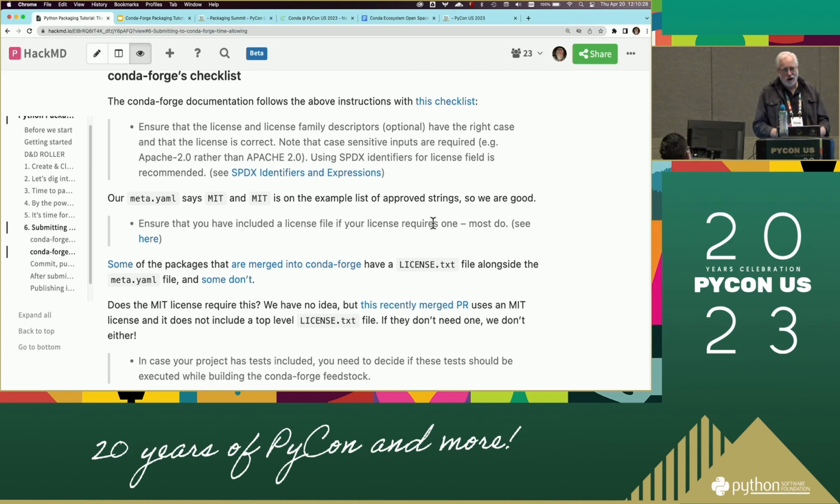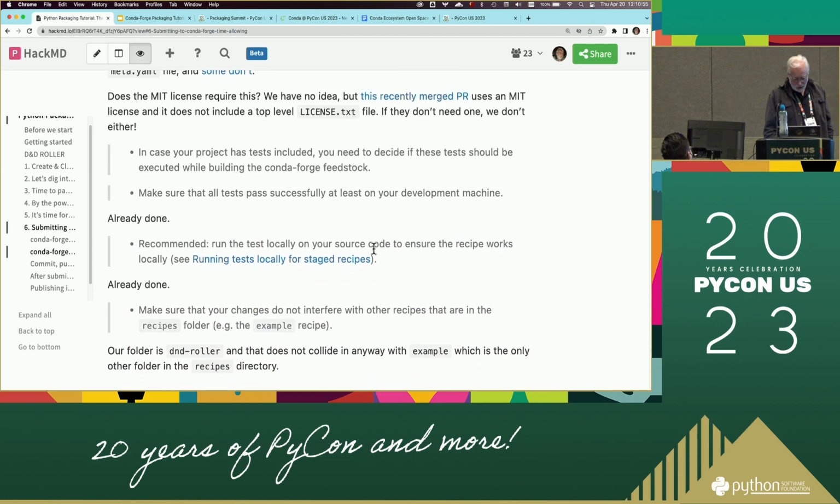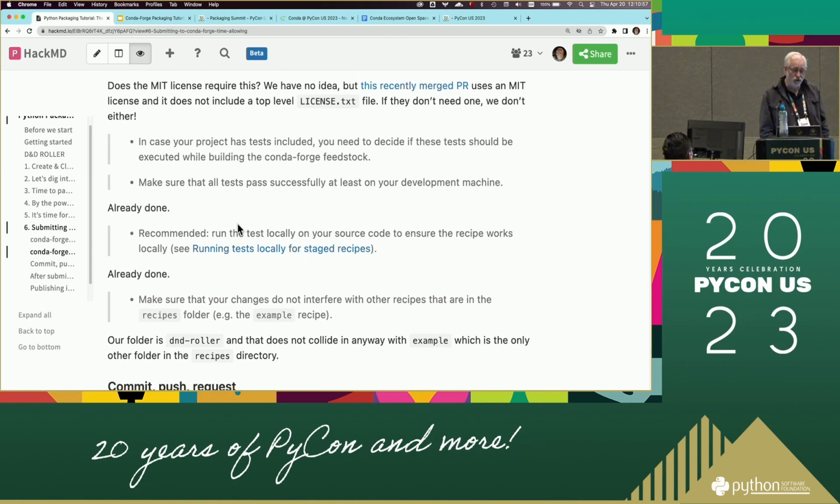So I went looking in conda-forge and I found this recent thing that was merged, and it was an MIT license and it didn't recreate the license file. So you don't have to if it's an MIT license. But I don't know where to find this information. I just want to be clear on that. Maybe others in the room do. It's about having to duplicate your license, which sounds bad because, as Valerio mentioned, duplicating things is not how you want to do it. Okay, a bunch of things are already done because we use Grayskull,